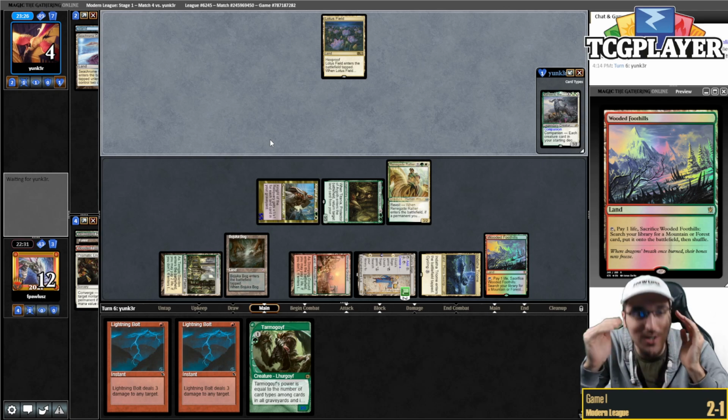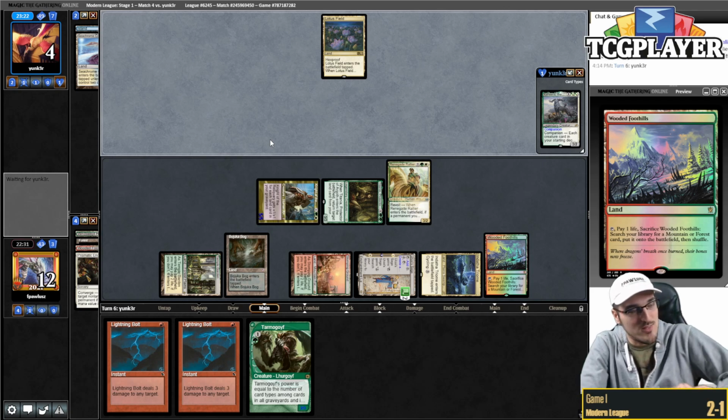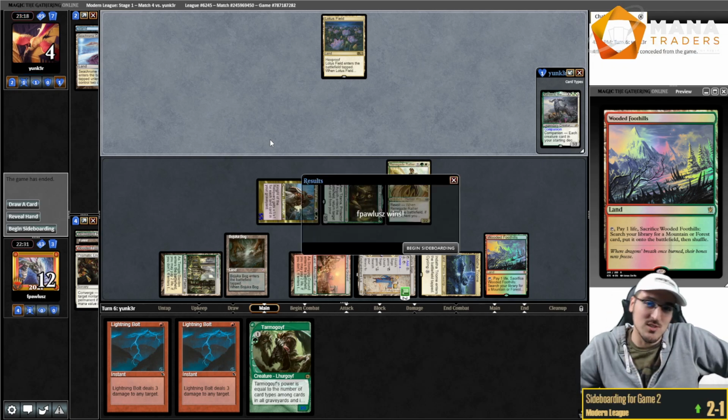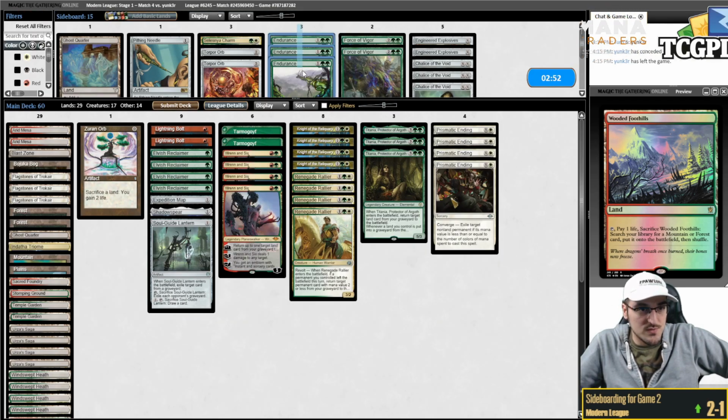That was so awful. I did not even think about the fact that I just did not have enough red mana. Maybe they'll fetch. Maybe they'll take 1 point of damage somehow. Or maybe they'll just concede. I'll take that too. Okay, so they're playing some sort of